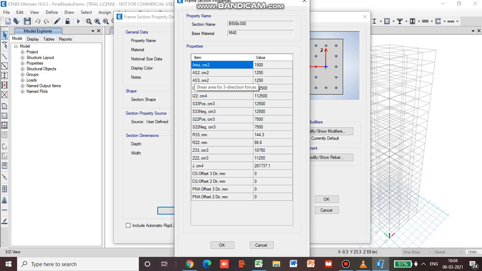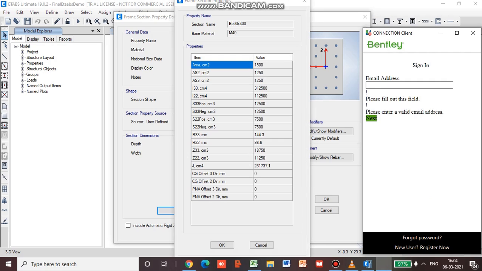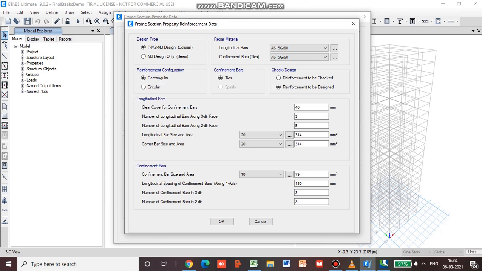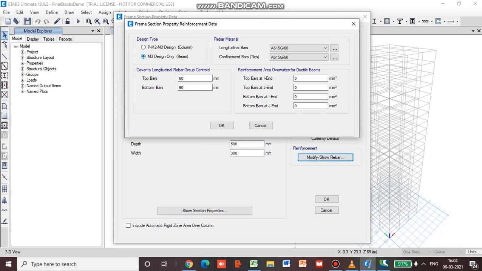So you can see all these area, moment of inertia, all these properties you can get by going to this option. Then we will go for modify show rebar under reinforcement category. Since it is a beam, the design type will be moment only. The longitudinal bars we will go for 415, and the ties, that is the shear stirrups, are going to be mild steel.